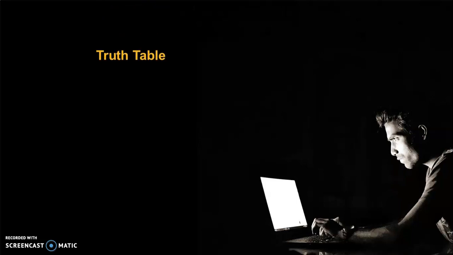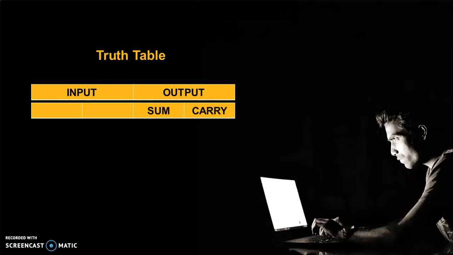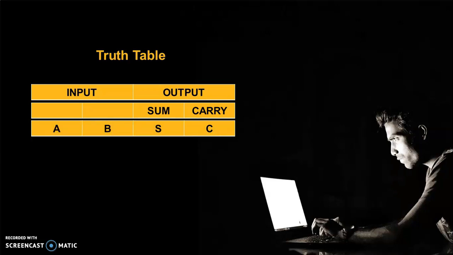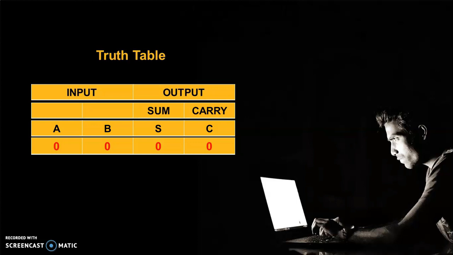Now let us see the truth table for the same. We have input and output. We know that at the input side we have two inputs, A and B. In the same way at the output side also we have two terminals, the sum S and the carry C. So now let us check the first condition, that is 0 0.